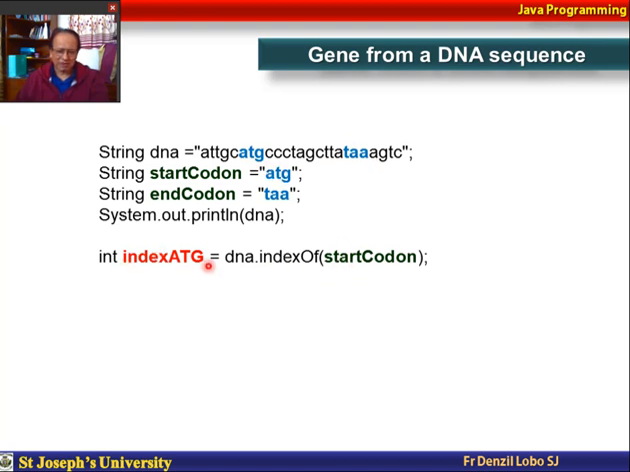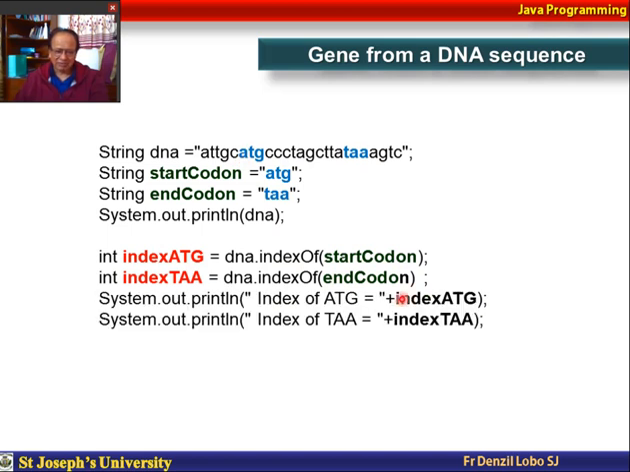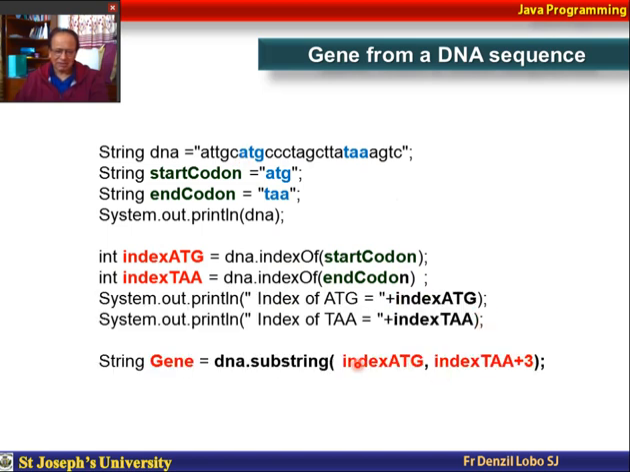So I assign it to index ATG, and then index TAA, that is the end codon TAA. So I've got therefore where this ATG starts and where this TAA ends. It is going to give you the index of T and the index of A. So let us see. Immediately we get this, and as you see, now I can use substring starting